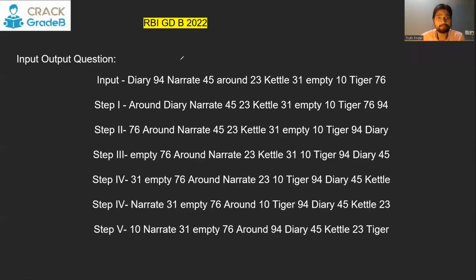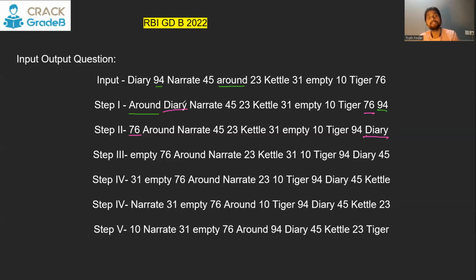So what are the changes happening? In the first statement, the around, it has come here. And if you observe the 94, it has gone here. So around in dictionary order is the first word, and 94 is the biggest number. So that change is happening. Now what happened is 76 came here. Now 76, if you observe, is the second biggest number. And diary goes from here to here. And diary is what? Diary in dictionary order